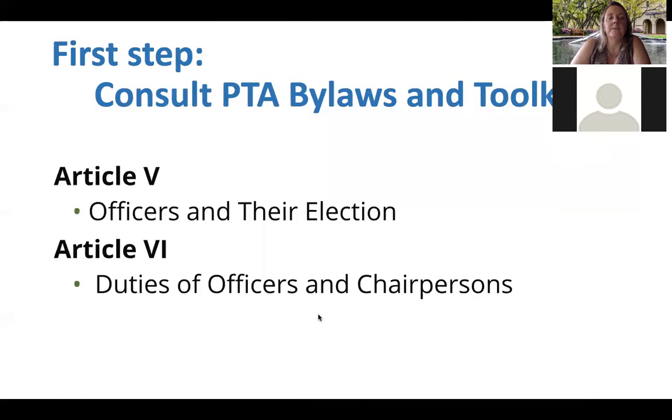The first step is to consult your PTA bylaws and the California PTA toolkit. The bylaws relevant sections are Articles 5 and 6. Article 5 is officers and their election. Article 6 is duties of officers and their chairpersons. You would have a review of that and make sure that you have a common understanding of what the different officers do, what their duties are, and that should help you